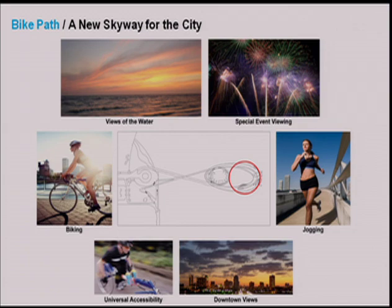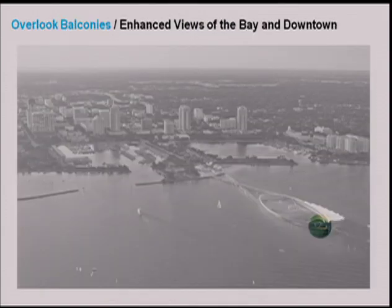It has the possibility of being really a much larger public viewing area, public balcony for large events, like, again, 4th of July fireworks viewing, and is a part of the active life of the city and the community in St. Petersburg as well. It is bicycle accessible and is really in many ways an alternate route for bicycles, would be a fantastic place for jogging, place for running races, and there is universal accessibility all the way up for the entire community along that skyway. But those views are not just at the skyway. The current pier has phenomenal views all the way up to the very top, and we have continued